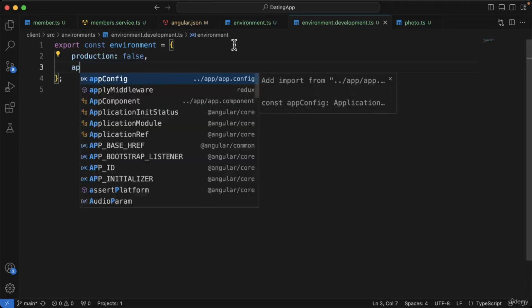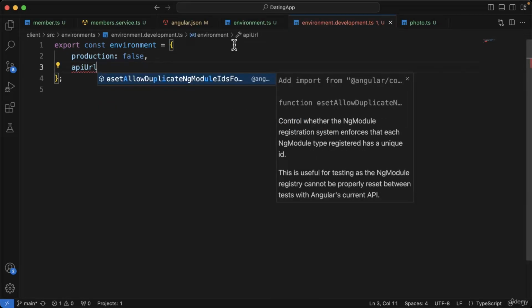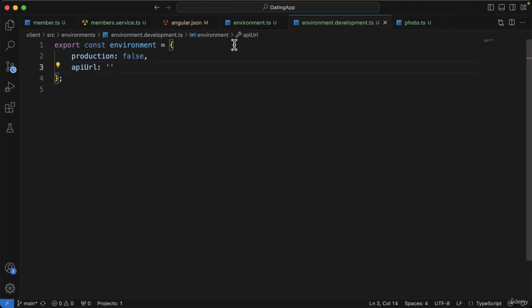And we'll also specify the apiUrl and add a colon, and in quotes we're going to say https://localhost:5001/api/. And don't forget to add that slash